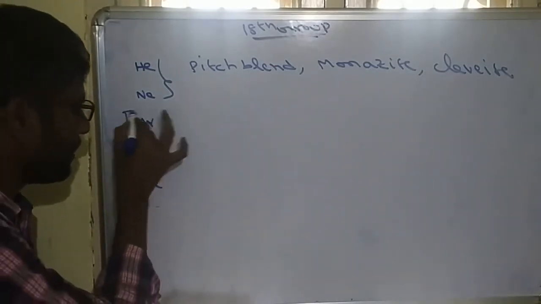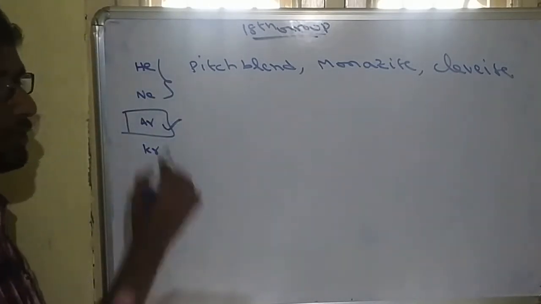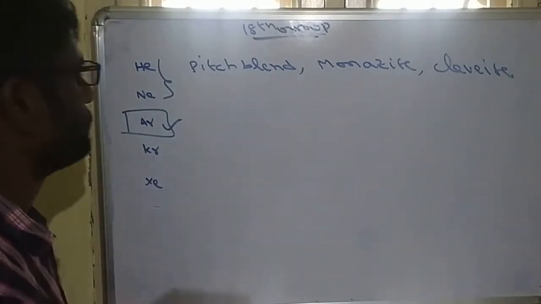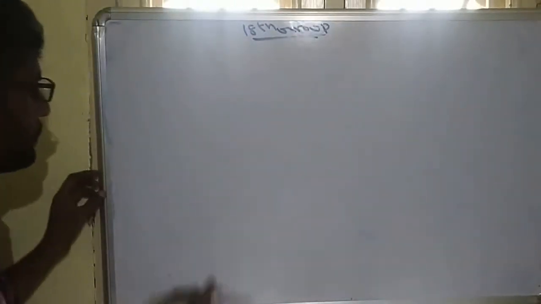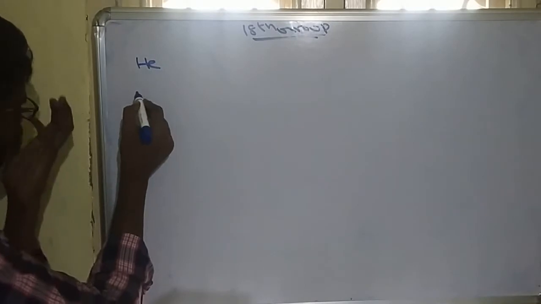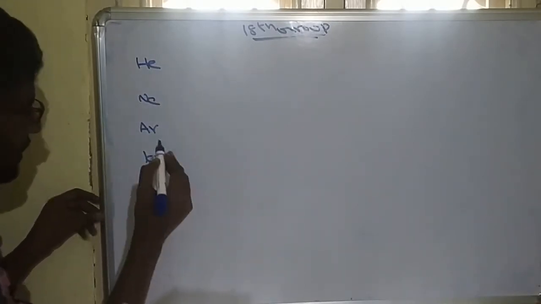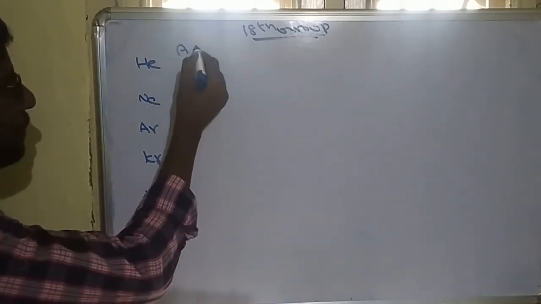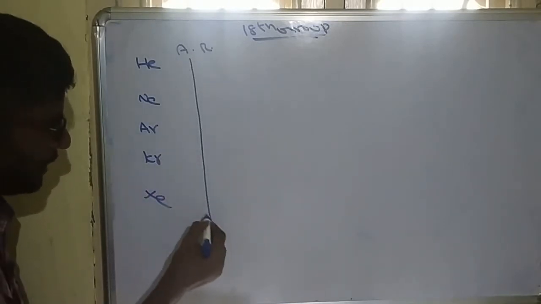So argon is the most abundant of the noble gases. The total abundance of noble gases is 1% by volume. So this is the occurrence of noble gases: helium, neon, argon, krypton, xenon. Now, when we take physical properties like atomic radius, atomic